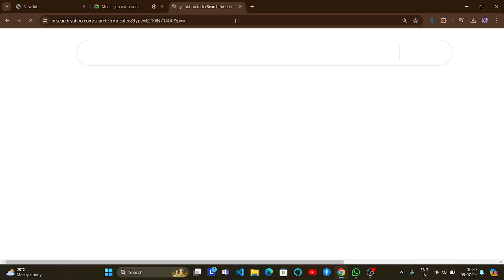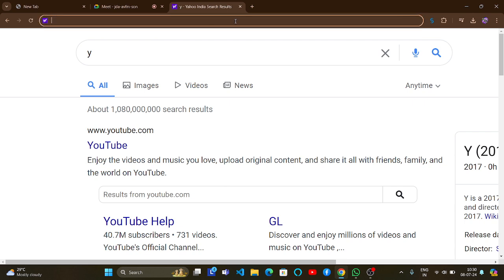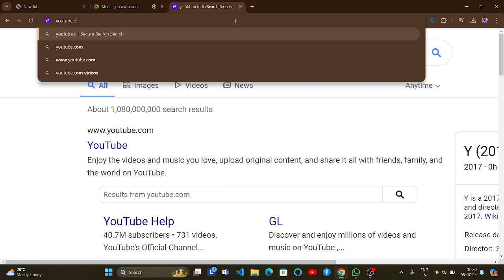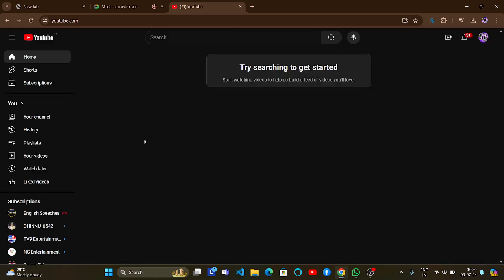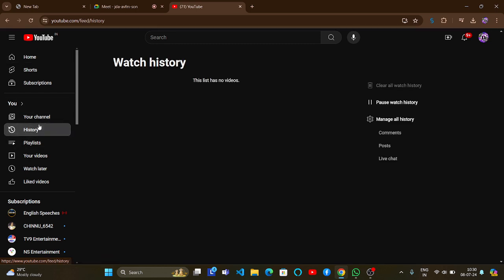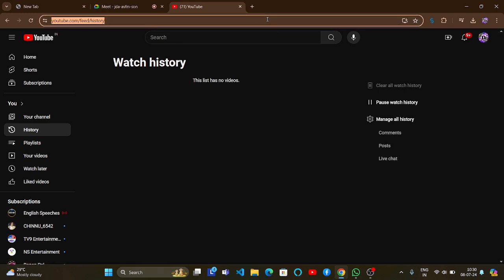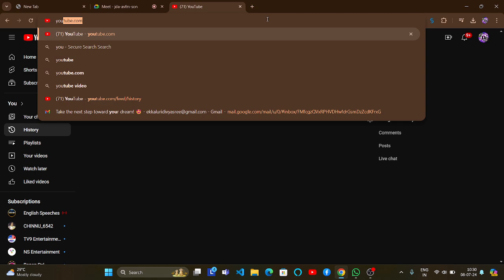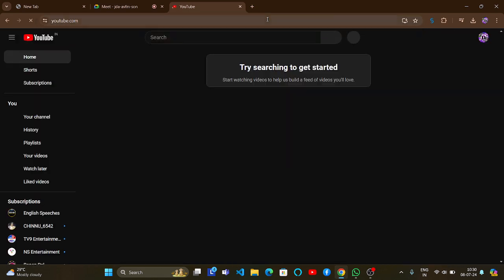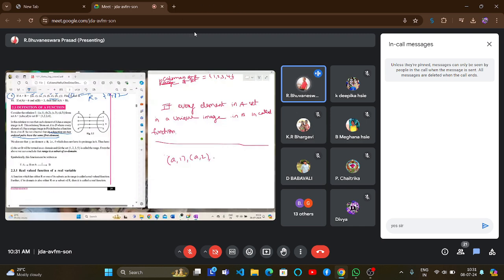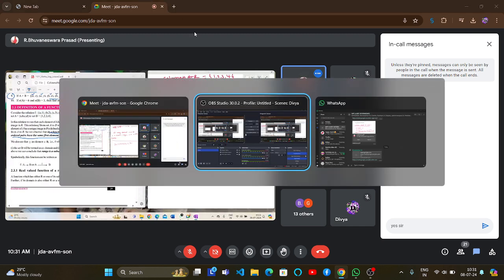Here also we observe that in a function no two ordered pairs have the same first elements, right? So the definition of function is: if every element in A set has a unique image, only one image is enough. If there are multiple images, then that is not a function. That's why we are observing that in a function no two ordered pairs have the same first elements. So for example, what are first elements? A1 and A2, B1 and B2. So in the first elements